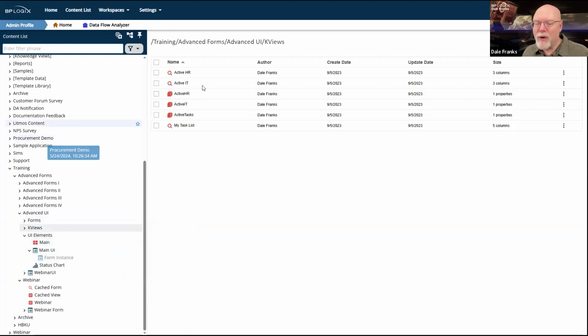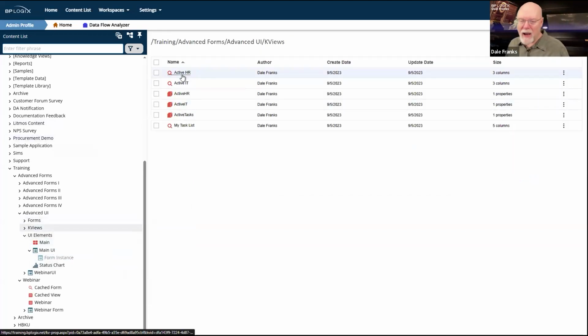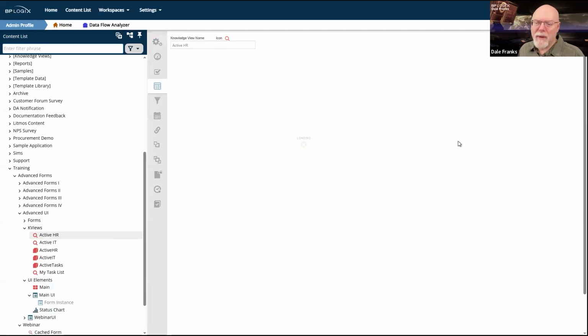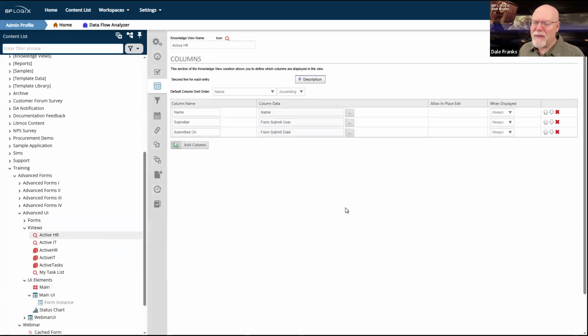So in the K-views folder, I have my active HR's knowledge view, which only returns form instances of the HR form. That's all they pull back. I don't even think I have anything special in the columns. I've got the name, the submitter, and the form submit date. I don't think I need the form submit date.